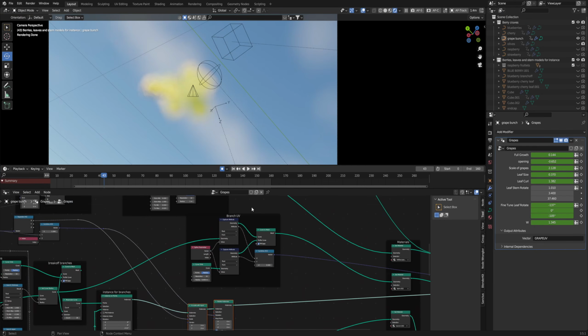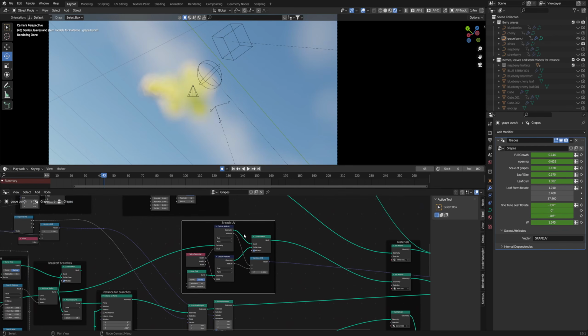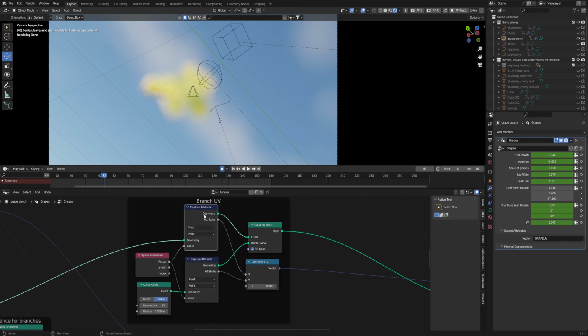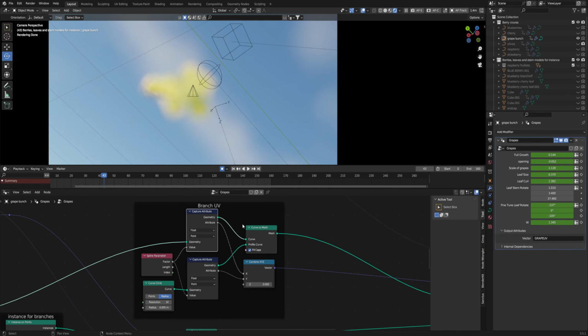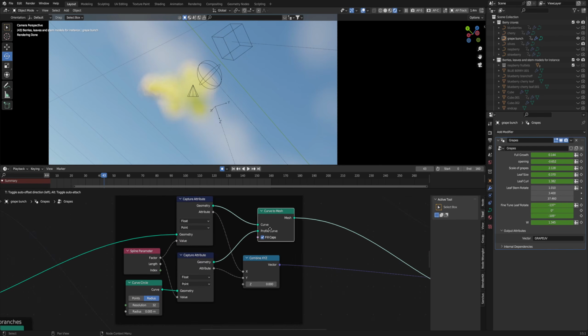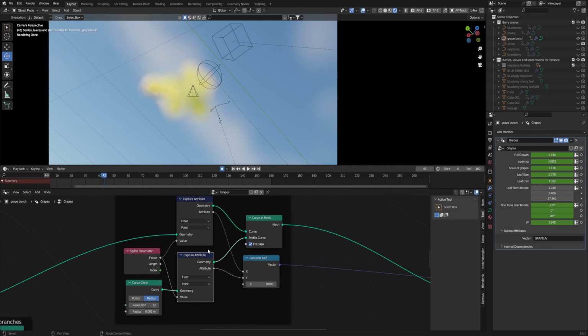And one more thing about the UVs, in the GeoNodes, if you just copy this setup, we have a capture attribute, set it to float and point, and bring in a curve to mesh. Put that to the right, just duplicate the copy attribute and bring it below it. Bring in a spline parameter and plug them both into the value. And the curve circle, if you plug that into geometry and just add a combine XYZ and only plug these in the same way.